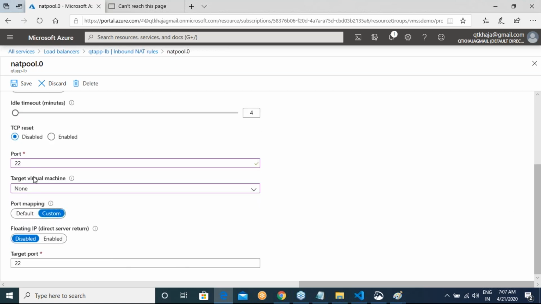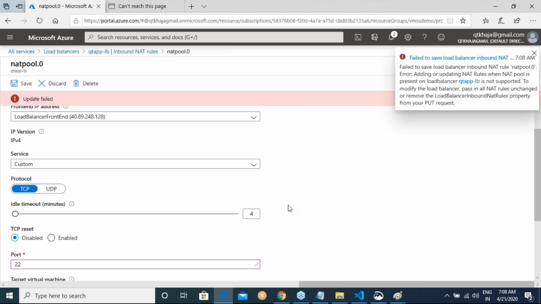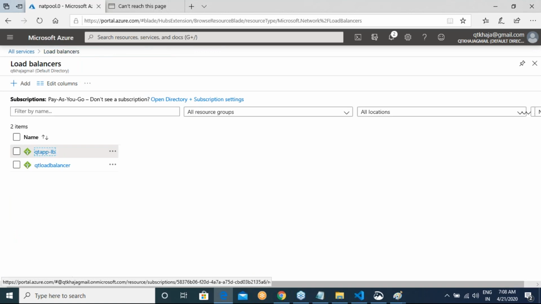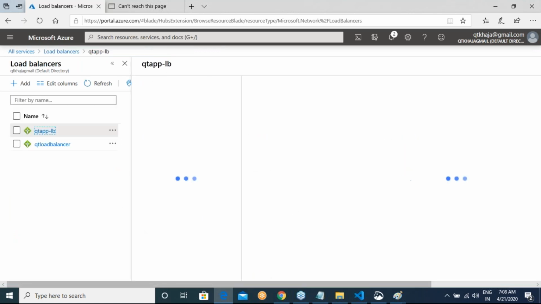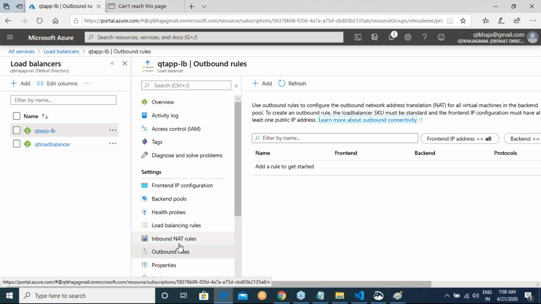When you say custom, you have to tell what 22 is mapped to. 22 is mapped to 22. When you say default, it will be normally mapped. Okay, now let us see. It says I cannot change this rule. Fine. Let me go ahead to the load balancer. These rules are something which will mess the whole thing up if you're not clear with what is happening